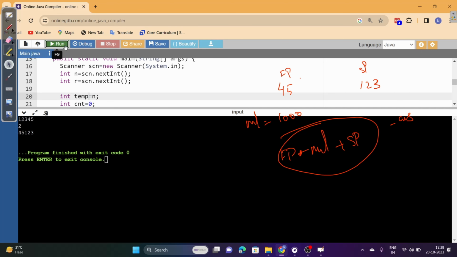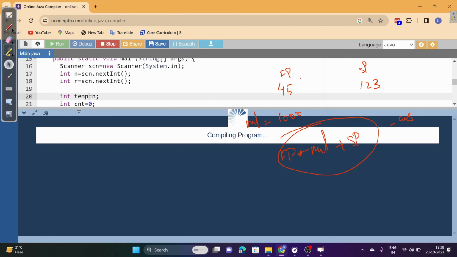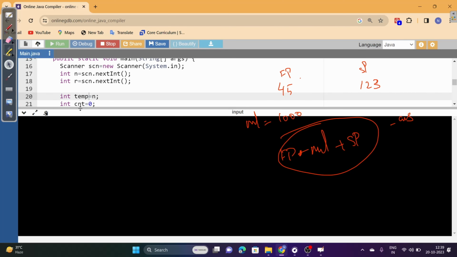So let's run another input, 12,345. In this case, my rotation equal to 3. What will be my output? My output is the last 3 digits come from the leftmost. So 456. After that 1 2 3. Let's check. Yeah, 456 1 2 3. So let's check a negative rotation as well. 1 2 3 4 5. I'll give -2 rotation. So my output will be 3 4 5 1 2. Yes, 3 4 5 1 2.